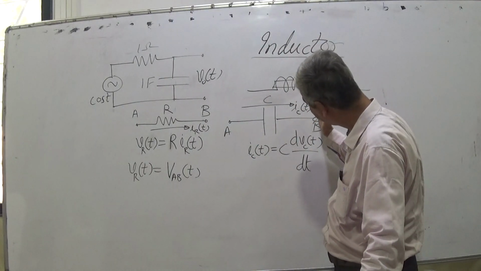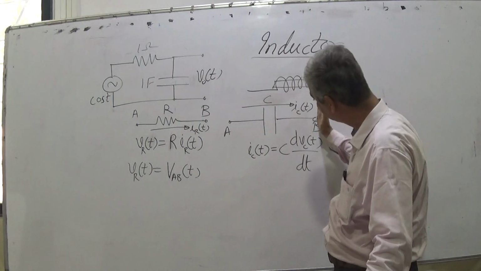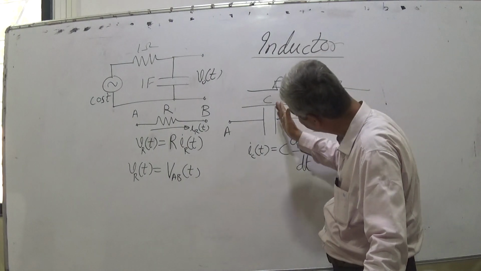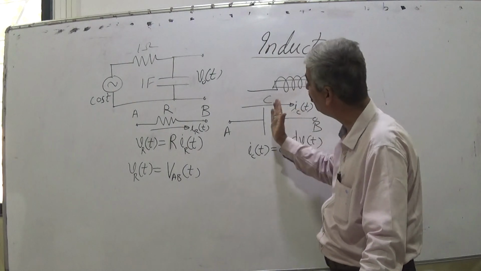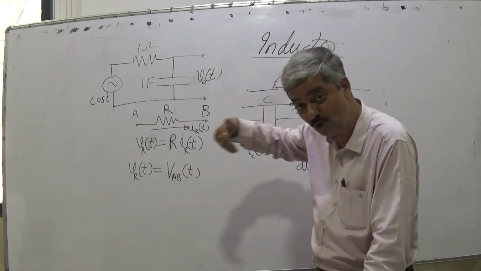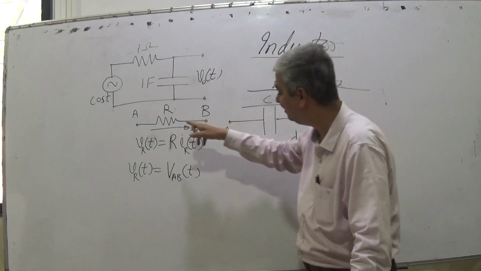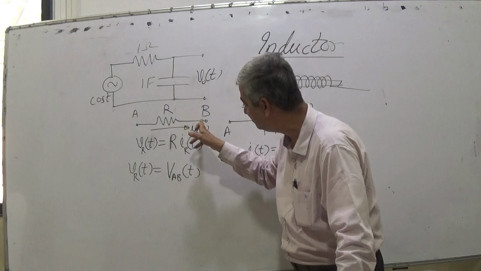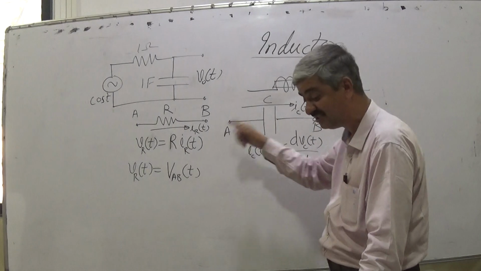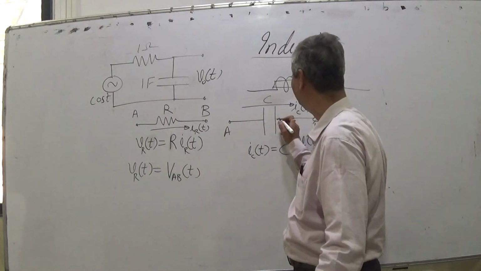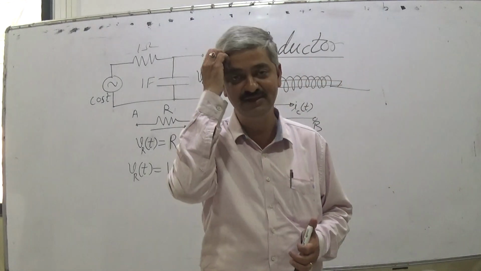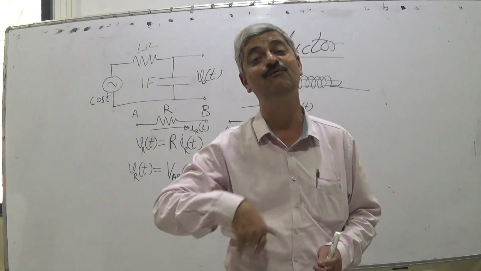Current in this means electrons are accumulated here, and when electrons are getting accumulated, equal electrons are thrown away from this plate. Here the electrons coming here are sourced from this, and the electrons coming from this end are not the same. So that way current doesn't flow through a capacitor.